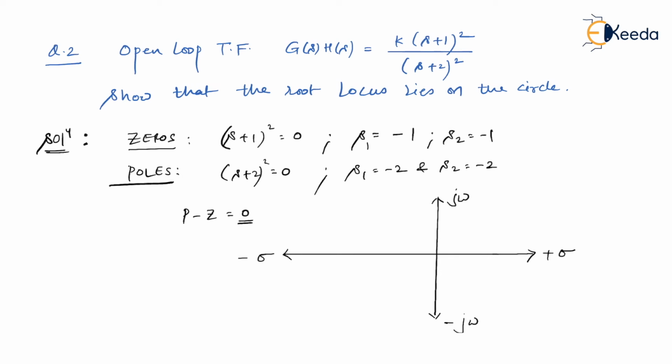Look at the zeros, they are present at -1. So I have 2 repeated zeros at -1 and 2 repeated poles at -2. Before we start discussing, first of all, we need to see whether the root locus is present on the real axis or not. First, concentrate on the area between 0 and -1. Do you think the root locus will lie there? Obviously not, because to the right-hand side there are absolutely no poles and zeros. So this 0 to -1 area is not a root locus area, isn't it?